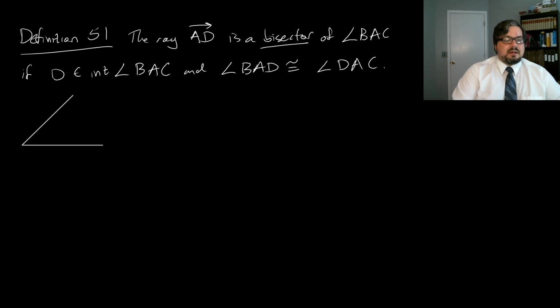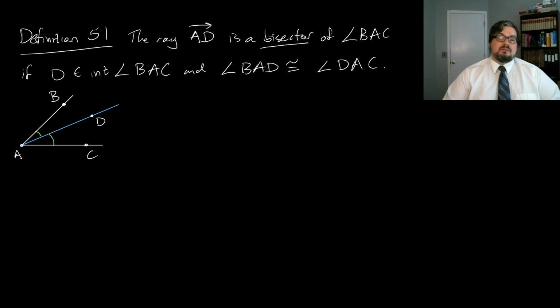So the sketch for what this looks like is fairly intuitive. We've got an angle BAC, and then we've got a ray AD that we want to claim is the angle bisector. And this requires two things. It requires that D actually lie in the interior of angle BAC, but it also requires that the two angles formed by it, that it splits off into, are congruent to one another. So this is basically the halfway point,